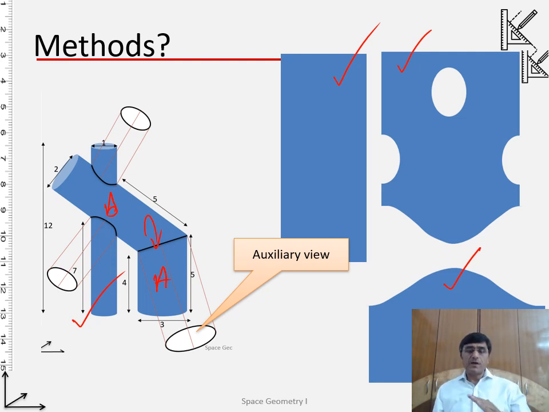Finally, if I project this inclined surface on the side view, on the profile view, again the projection will carry distortion. So on the profile view, we'll have distortion in the size and shape. So if I'm projecting the plane of intersection of these two cylinders, in none of the principal orthographic views, the front, top and the side, do I have the correct size and shape.